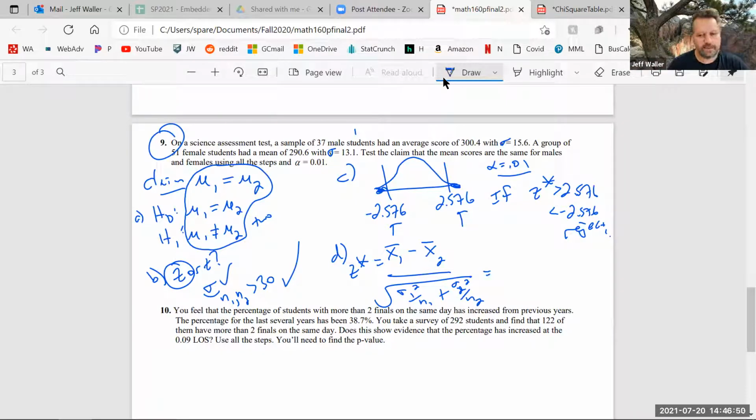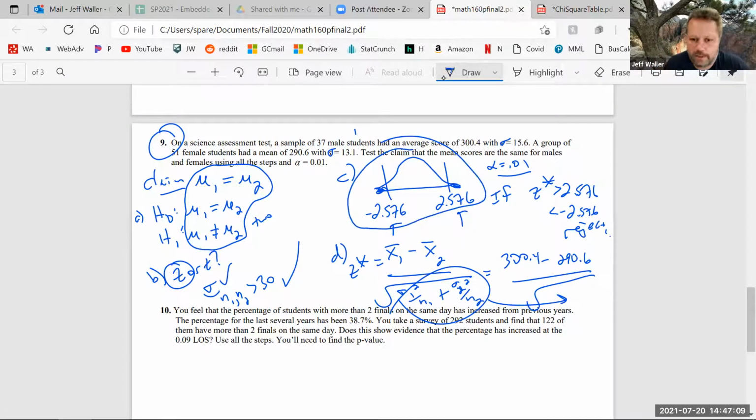I'm not going to spend a ton of time on this, but that's step D, right? So you would put in there 300.4 minus 290.6 divided by this, and just put all the numbers in there. Are you guys with me? Okay, that makes sense. You get your Z star, and then you compare it the same way you would normally. You see, did you get into the rejection region or not? So really, the two main differences are no numbers in the hypotheses and the big formula, because you need room for double everything to get your Z star. That's the only differences.